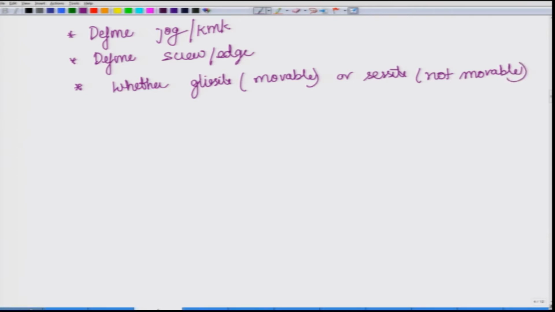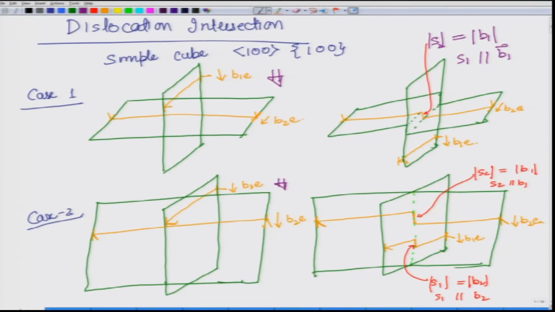Okay, so, let us come back to our different cases. What do we see over here? Over here we see in this particular one there was no visible step formation. So, we can ignore this one. Over here what do we see? Over here we see that there is a step that has formed, and this has led to the displacement of the slip plane from here to here. So, this is no more in the same slip plane. So, first thing that we can say is that this is a jog.